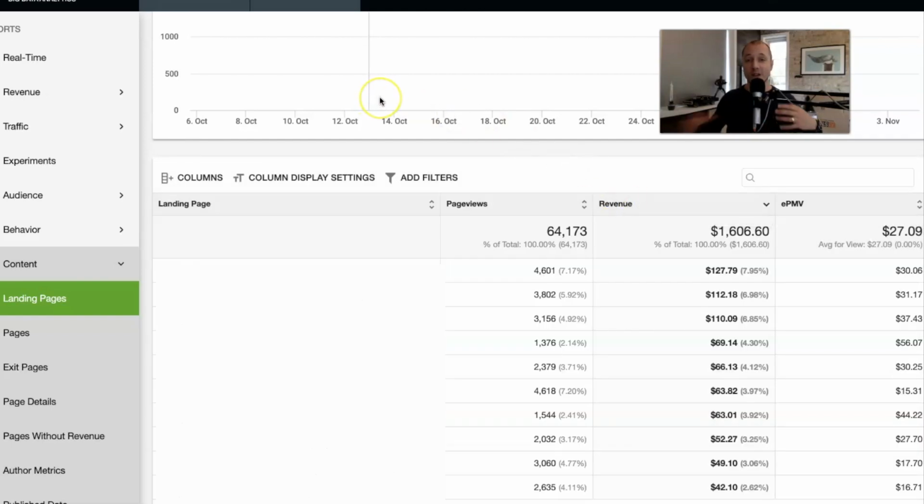And another really cool feature here with Ezoic is that now I'm watching these numbers for one of my websites, but you can actually also switch here and see it across all your websites. So when you have a bigger portfolio of sites, this is really cool, because let's say you have 10 bigger sites or just a few bigger sites. In order to dig into these numbers, it's nice that you don't have to dig into each site and compare them side by side or pull it all into Excel or whatever to see where you're making the most money,